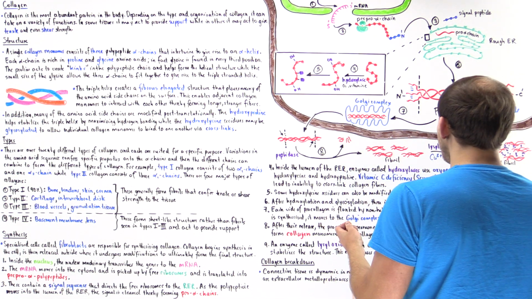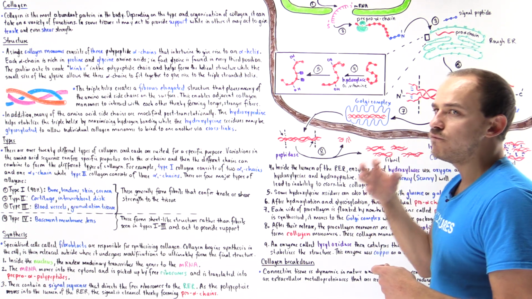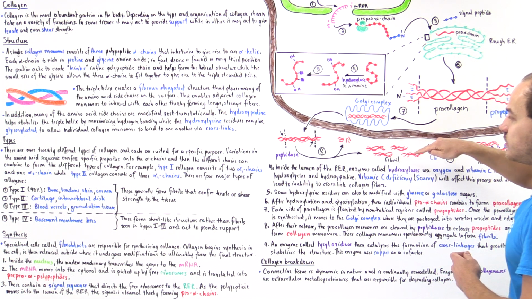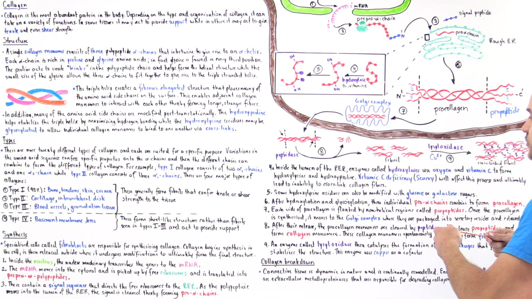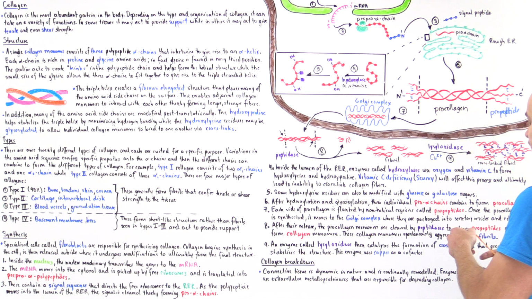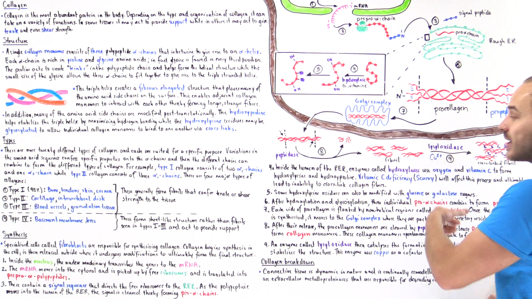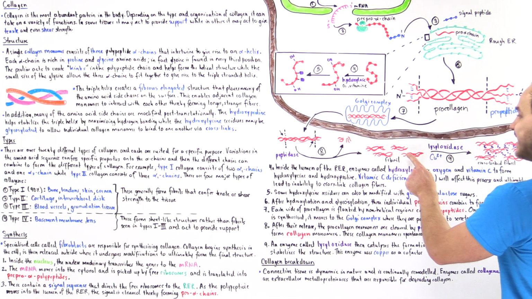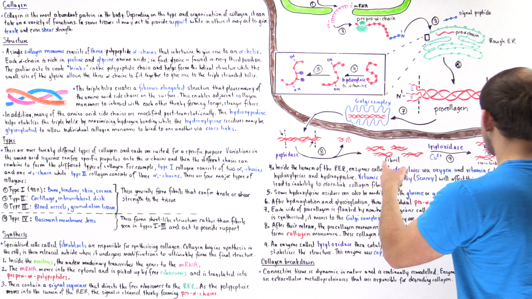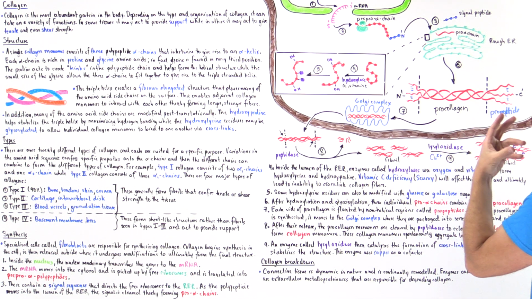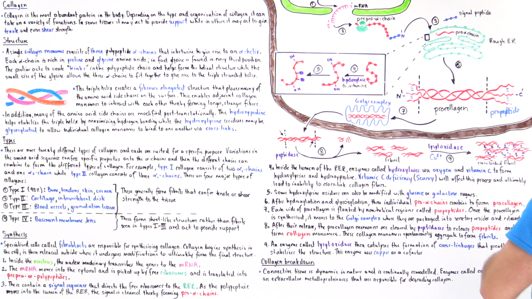And so what we want to do finally is we want to form covalent bonds, strong bonds between the individual collagen monomers. And this is carried out by the enzyme known as lysyl oxidase. So lysyl oxidase essentially uses copper as a cofactor to form covalent bonds between the individual collagen monomers to ultimately form a very strong, reinforced, and stabilized structure.